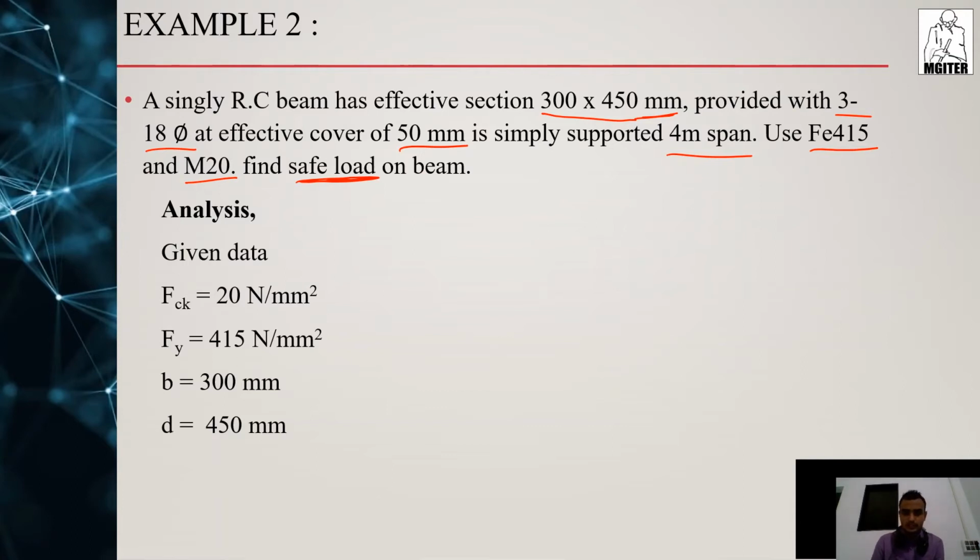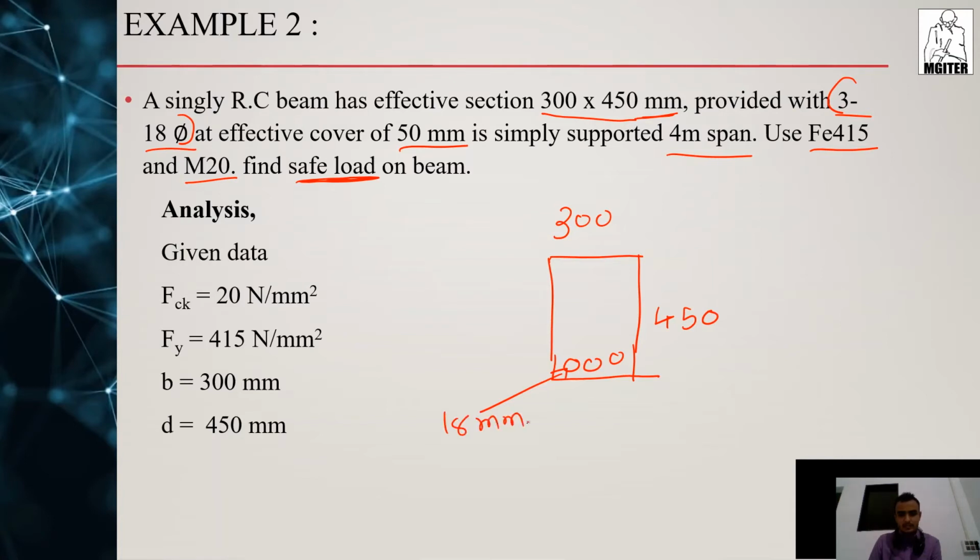So these are the design details. Look here, in this example we have a design. We have a cross section. Here is your beam. Beam width is 300, depth is 450. Three numbers of bar, 80 mm diameter. These are the given data in the example. So these are the design of the beam.